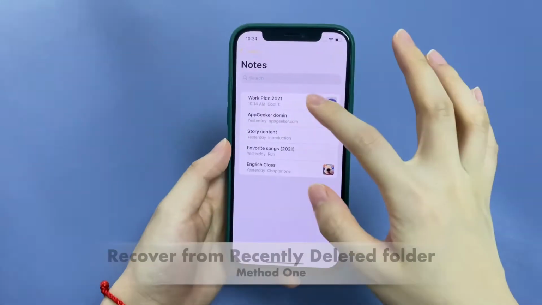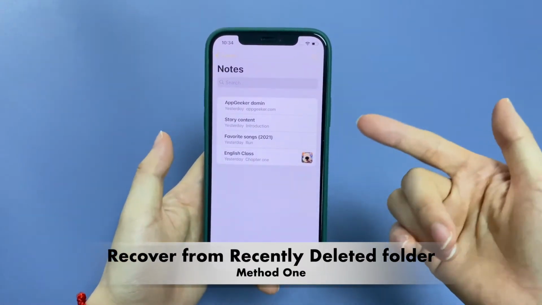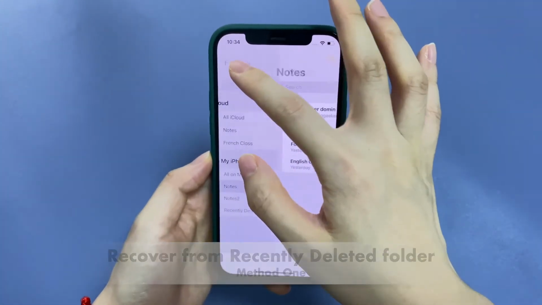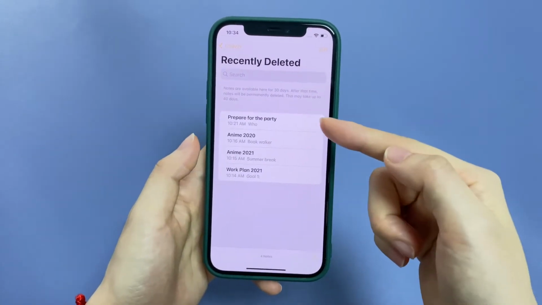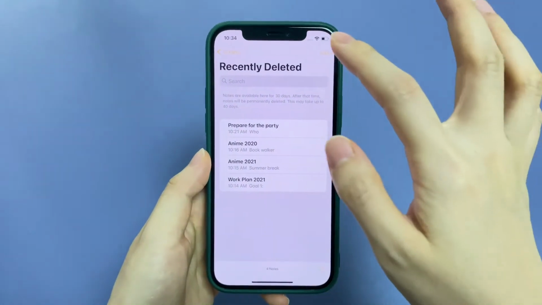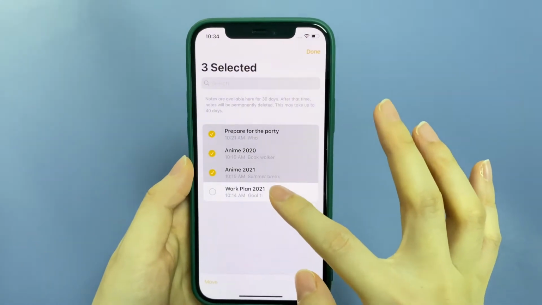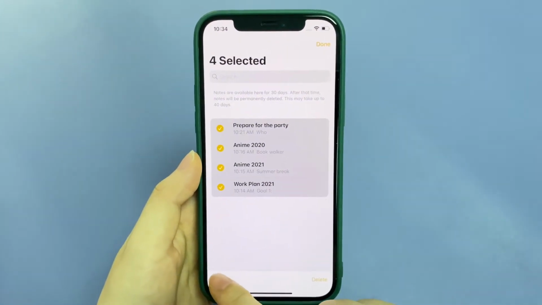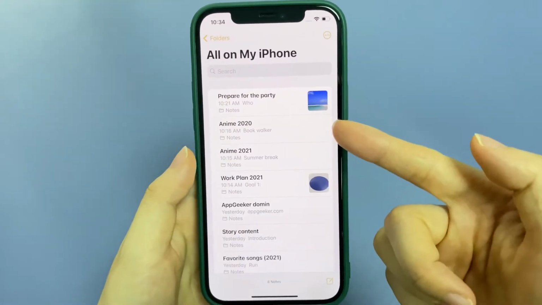Let's start. When you swipe an iPhone or iCloud note and tap the trash icon, it won't be permanently deleted. Instead, it will move to the Recently Deleted folder, where it can still be recovered back to the device within 30 days after deleting. To recover the deleted notes on your iPhone, tap Edit at the top right corner. Find your notes and select them. Tap Move, choose any folder, and the deleted notes are back and appear here.